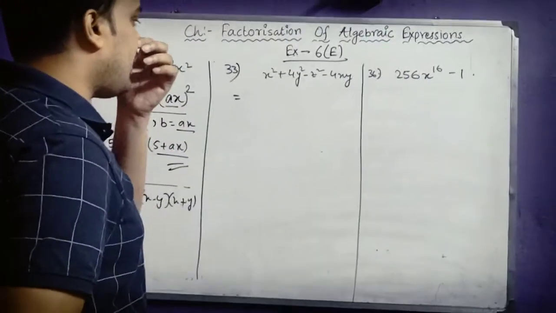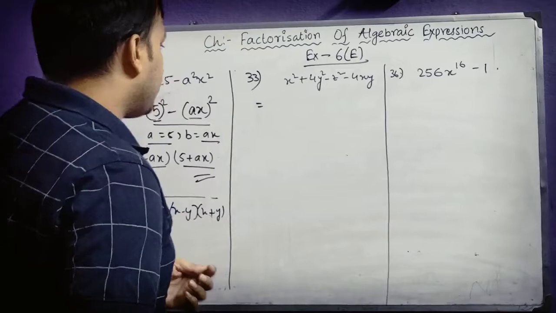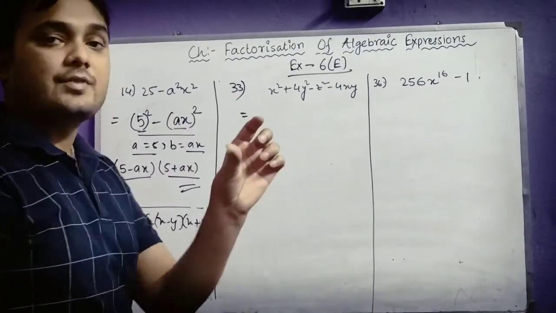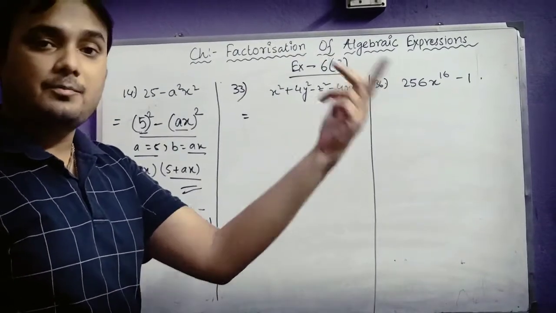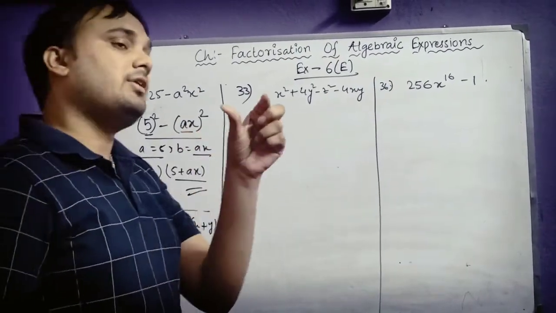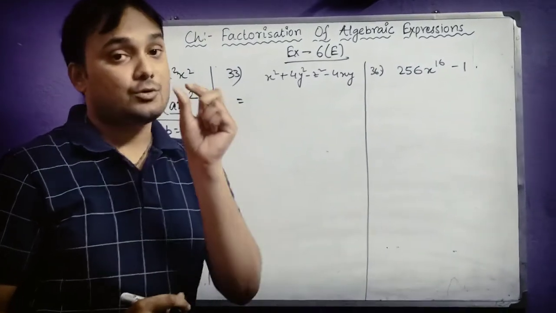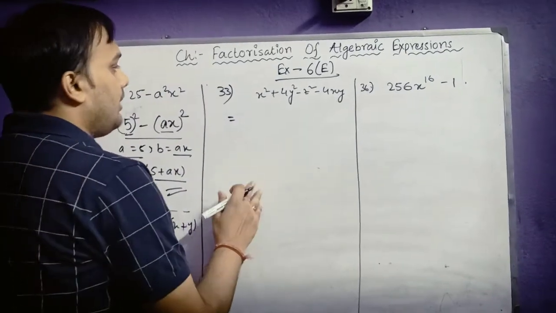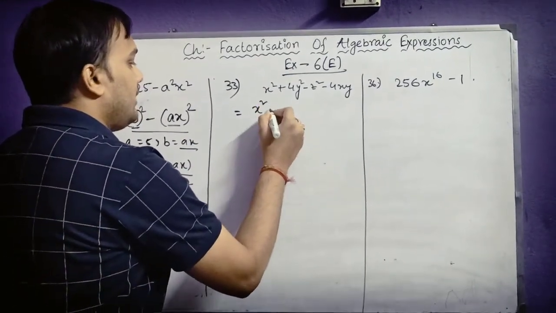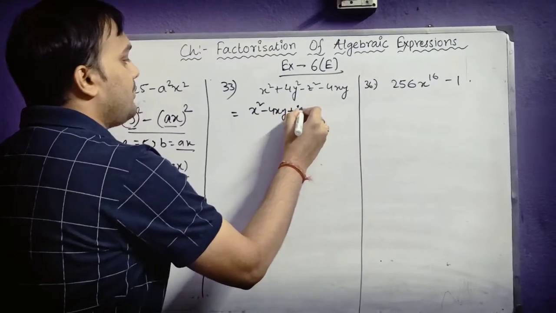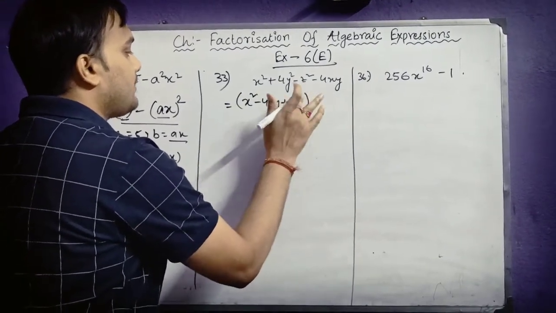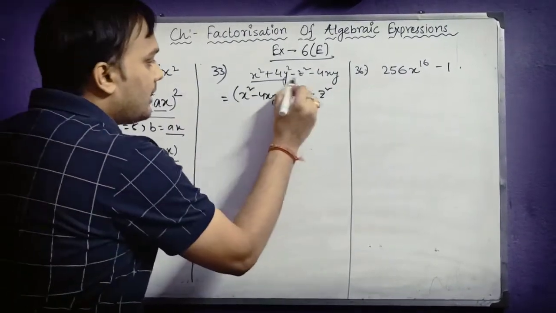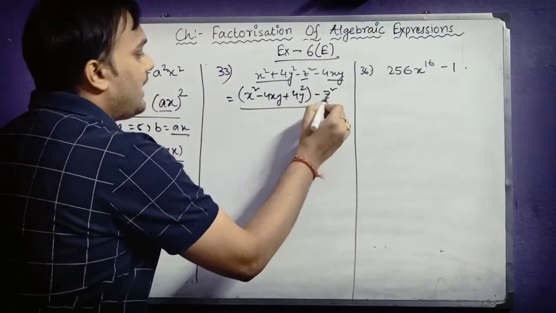So here you can see how we will solve. Basically, the question contains 4 terms. So definitely 3 terms will be kept together, and 1 term will be kept separately. We will be keeping the 3 terms together, keeping in mind that those 3 terms should fit into a formula. We will be keeping here x square minus 4xy plus 4y square, minus z square. So what I did, these three terms I have kept together and z square I have kept separately.